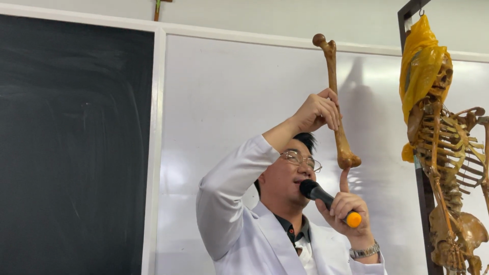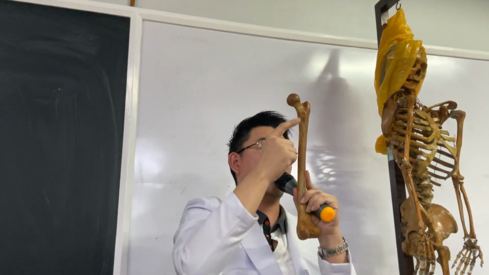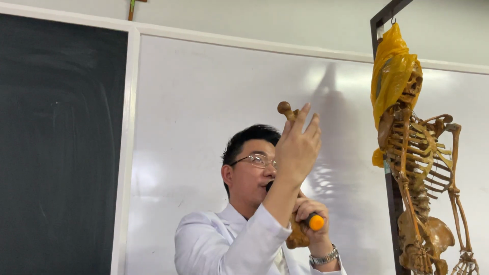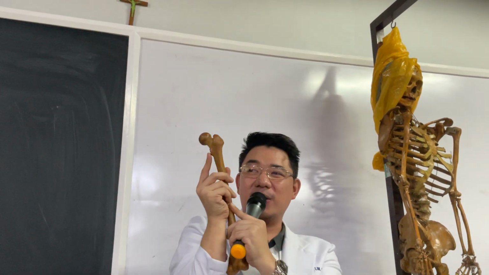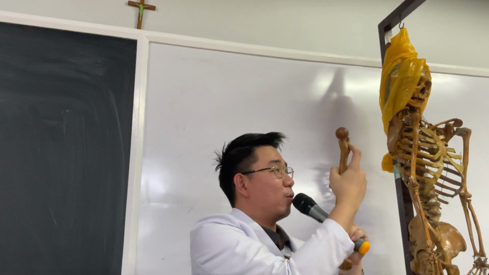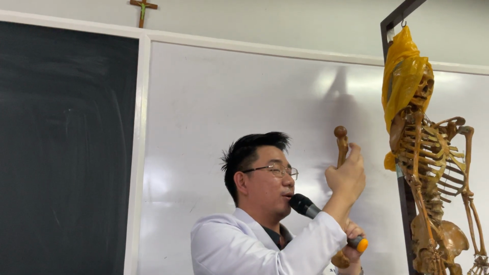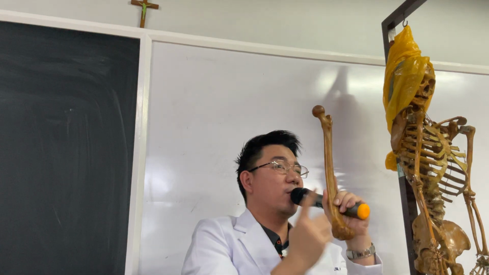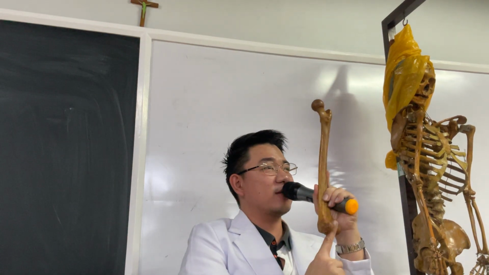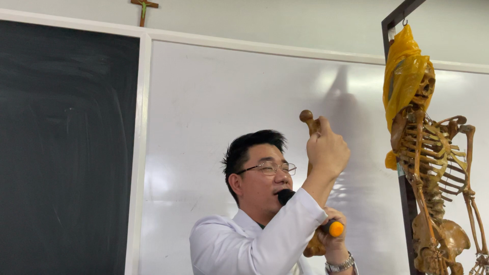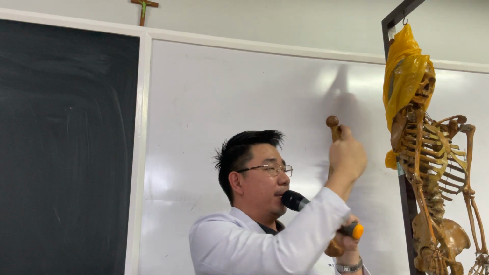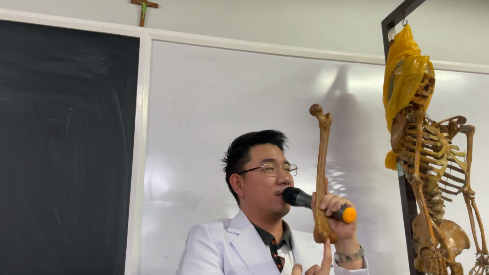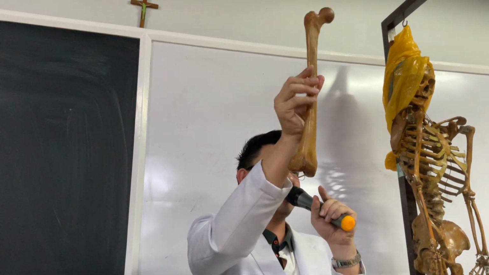This is now the posterior part. Another thing that you have to check are 2 points or 2 sulci. You have this sulci and another sulci here. So if you have 2 of those, that's considered the posterior part. So what you have to check: if there is a fossa here in the middle, and if there are 2 horns here at the top, that's called the posterior view. Anterior view is this.